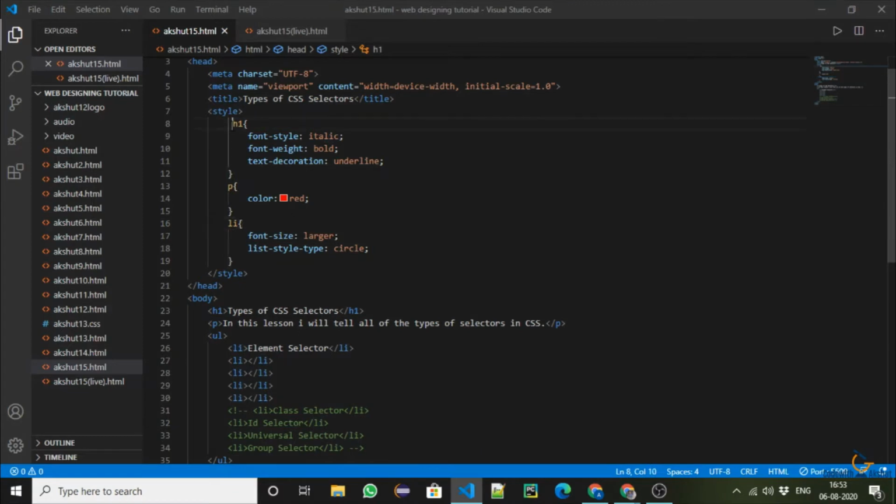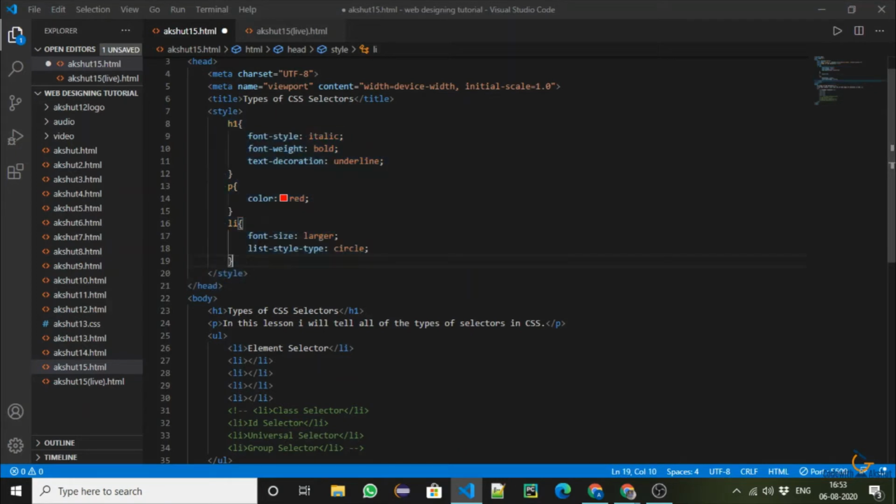I added CSS to all the elements. In the last lesson, I told you how to add CSS to elements. In this also, we did like that only. So I will remind you how to add CSS to elements and make our web page very good. So like here is an h1. h1 is an element like p and like li, so I wrote all of these here.